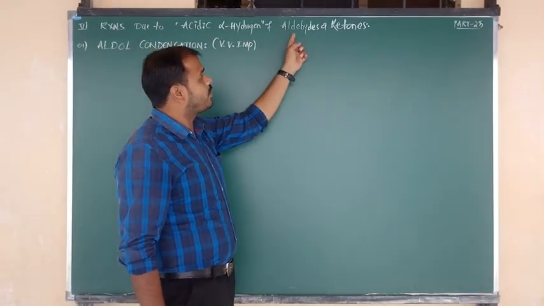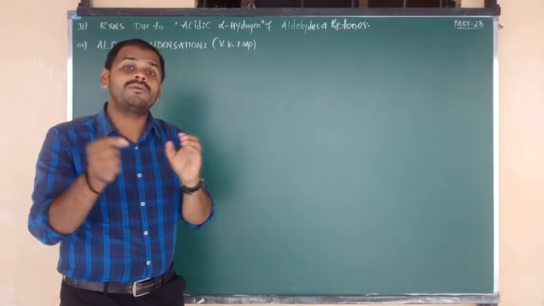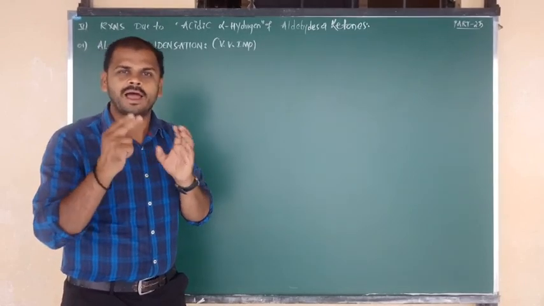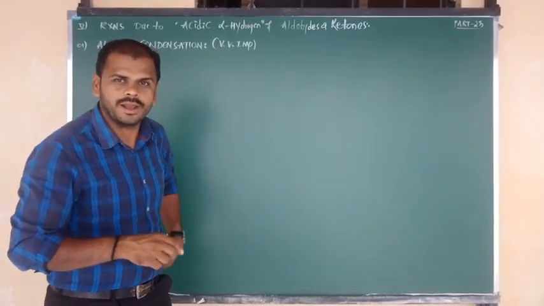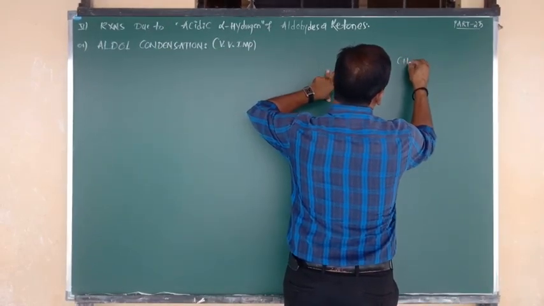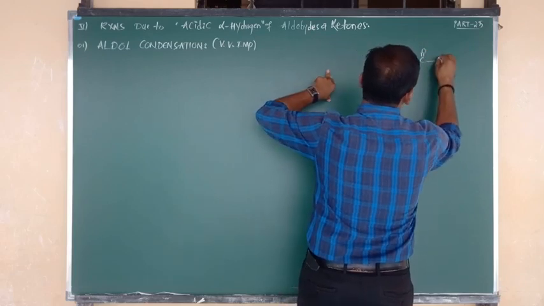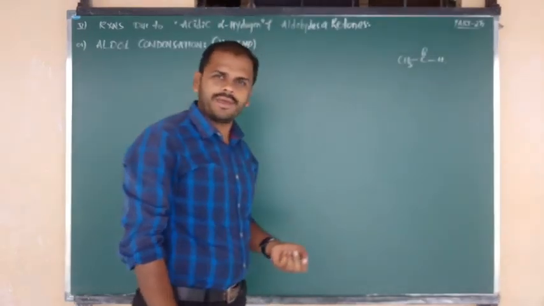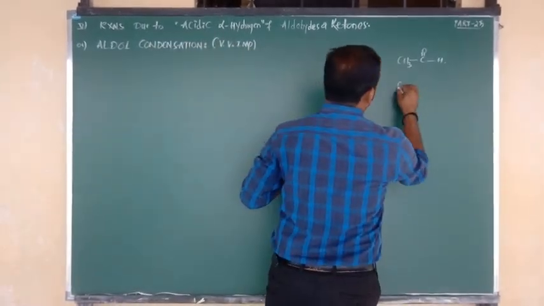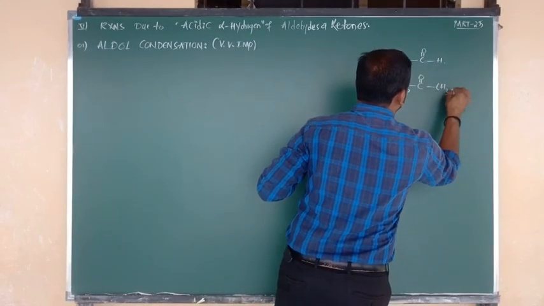So first of all we have to know which carbon in aldehydes and ketones is denoted as alpha, and why that alpha hydrogen has more acidic nature. Those reasons I am going to give you first. Let me consider one example of an aldehyde, that is acetaldehyde, CH3 bonded to C double bond O, C double bond O bonded to H. Next, one more example for ketone, acetone.